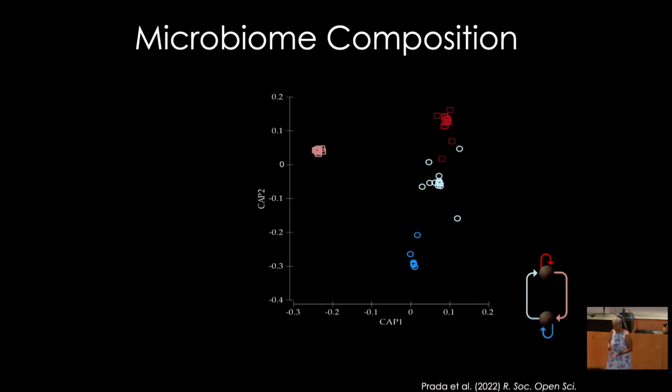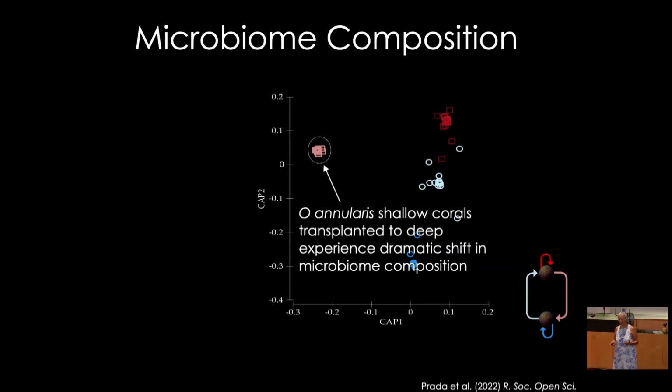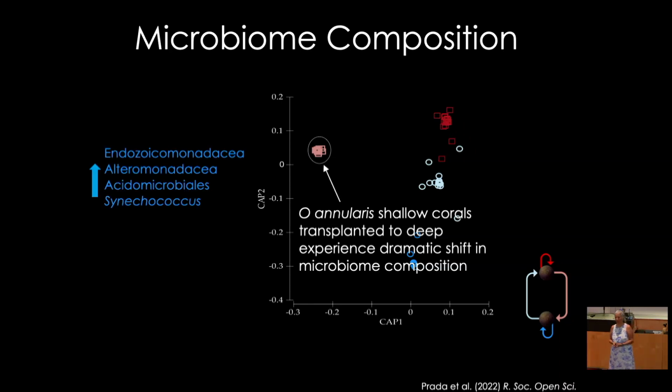higher mortality. And this is one slide of how we looked at the microbiome, and things started to emerge that really popped out. And the annularis, when they go to deep, they really experience a dramatic shift in microbiome composition. And this is an example of some of the groups that changed, and most of them in this particular experiment are upregulated. And then we started to think about how is light also affecting these microbes that are associated to